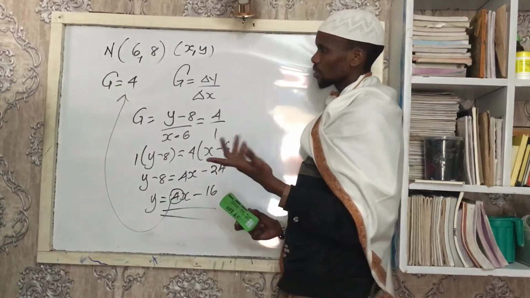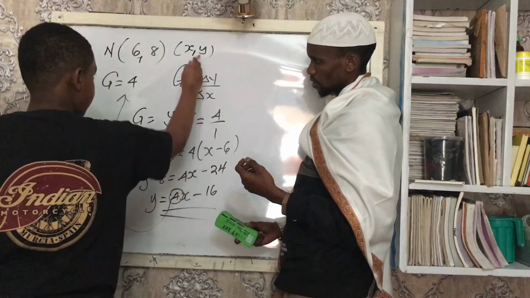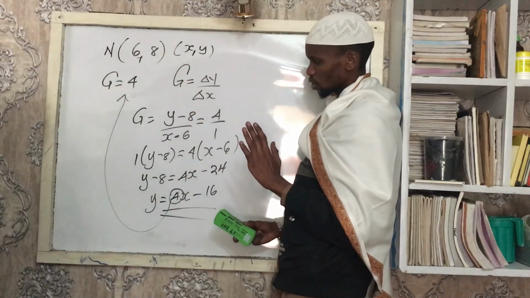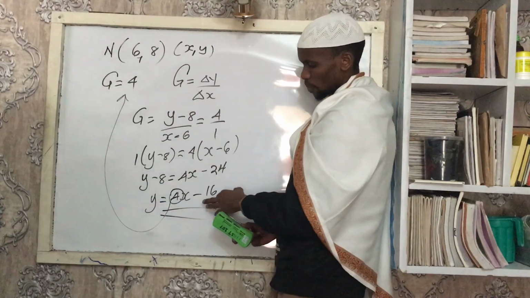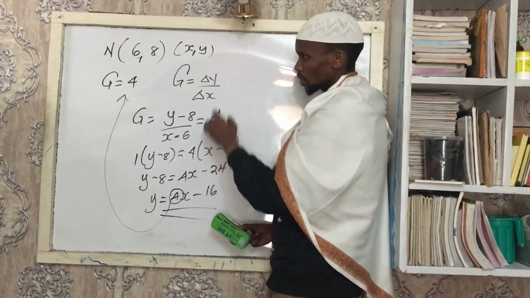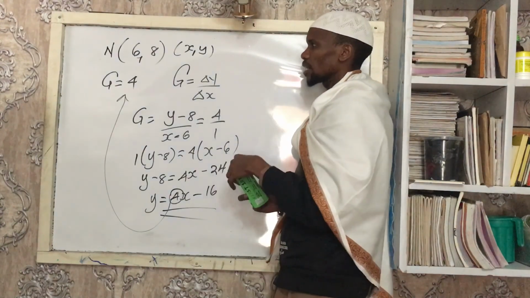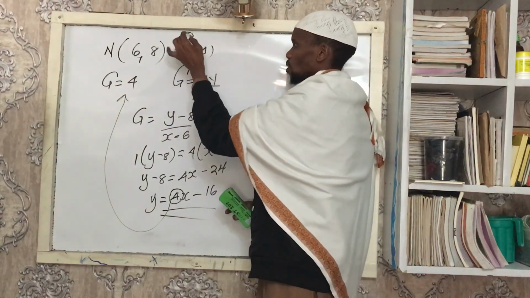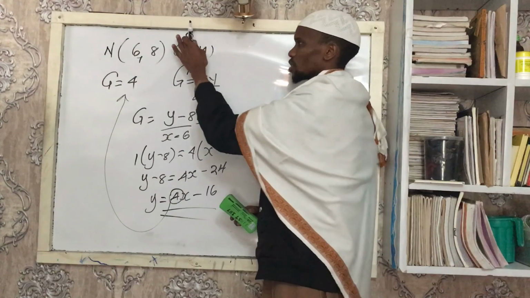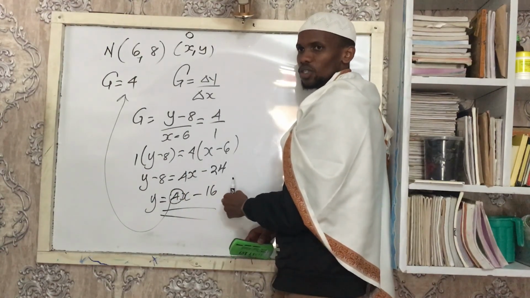The 4 is not going to be there, but the equation will be there. Are we together? But maybe you want to get this one, you'll just assume. We'll say assume x is going to be 0. What will be y? You'll put 0 where there is an x. 4 into bracket 0 minus 16. So if x is 0,